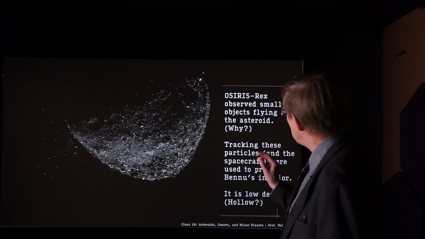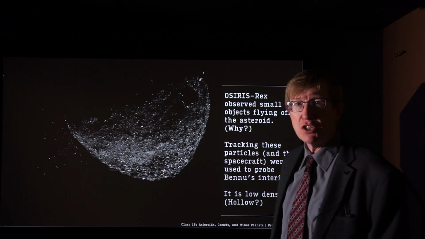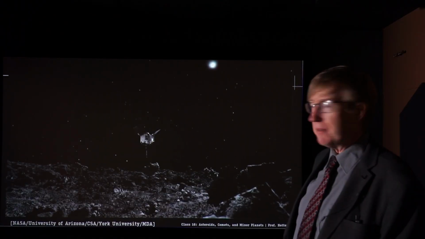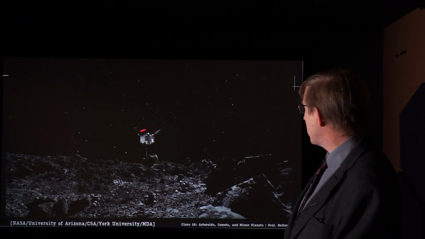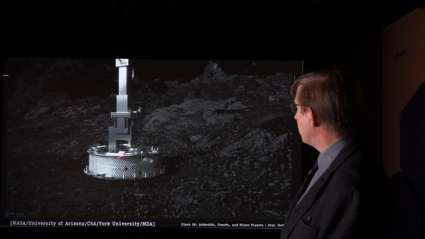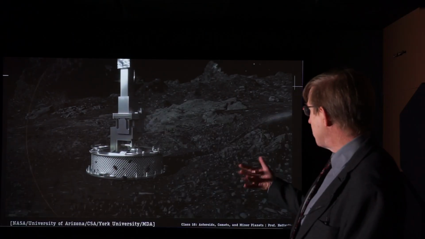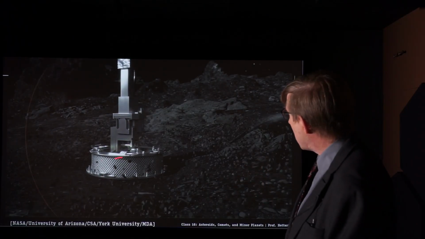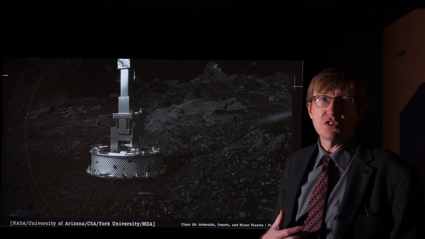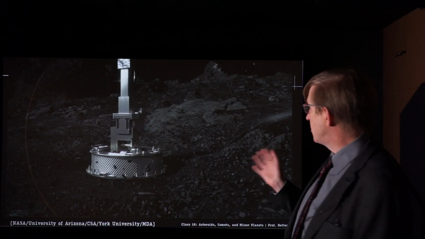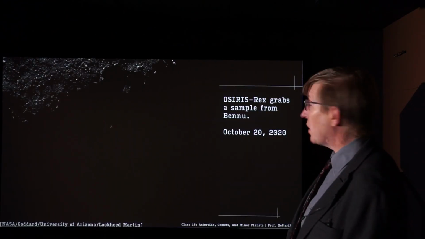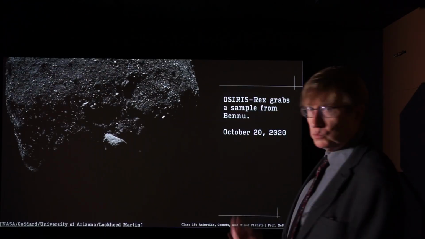Now, one of the really cool things they wanted to do with OSIRIS-REx was actually try and go and land on the planet, on the dwarf planet. And here you have OSIRIS-REx in a render. It's not real. In a render, come in, land on it, blow out some nitrogen to stir up some of the rocks, and then grab a sample into this machine, and then return the sample back to Earth to study the rocks. So just really quite recently, I guess it was on October 20th, so not even a month ago when I'm recording this,